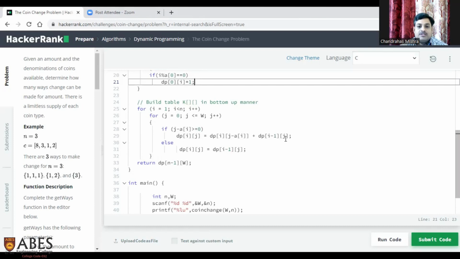What is the meaning of this? It means we are just adding the value in the above row with the value that is existing in the same row but in the j minus a i column, only in the case if the difference is greater than or equal to 0. Suppose the difference is not, it means if the value of the coin is greater than the column value,